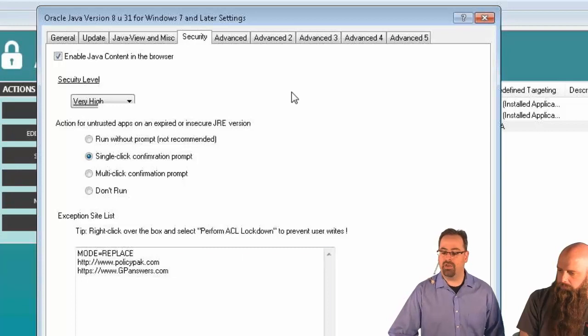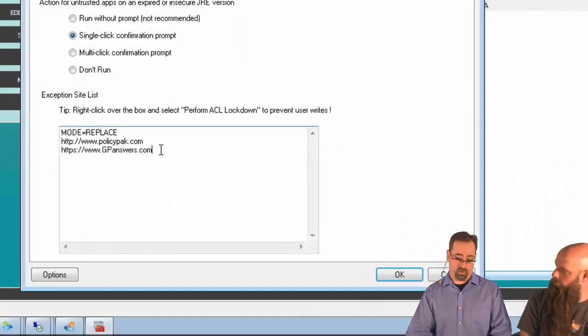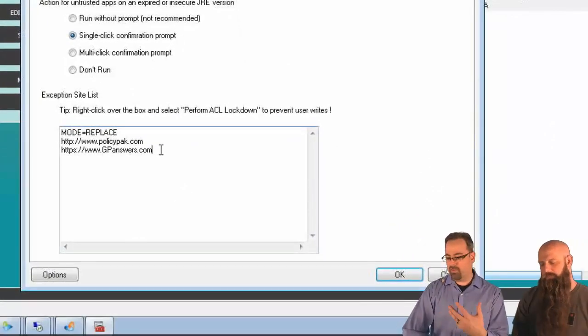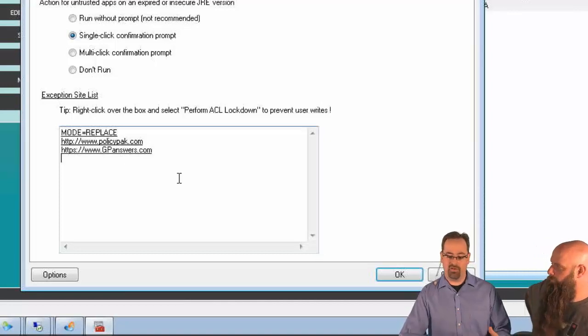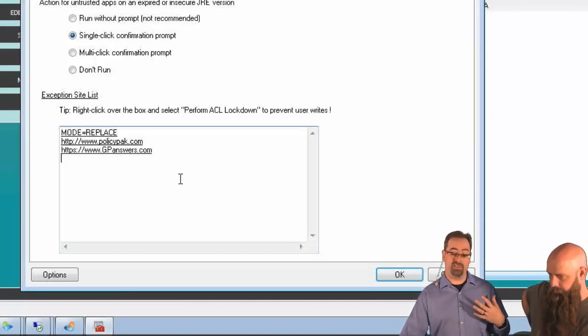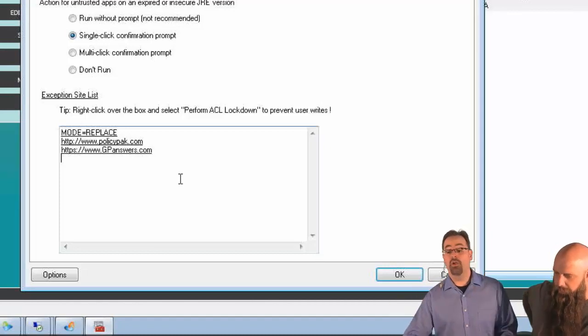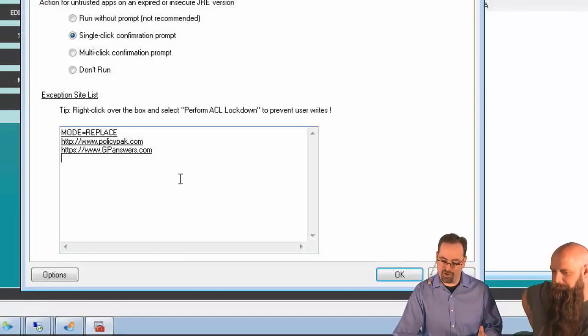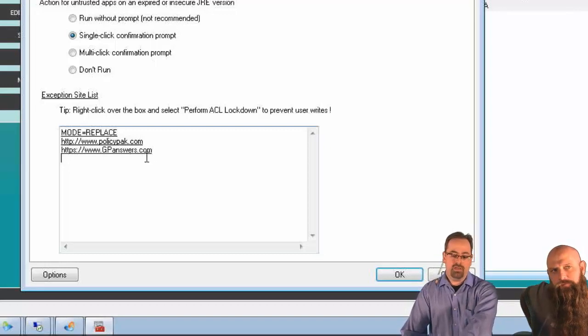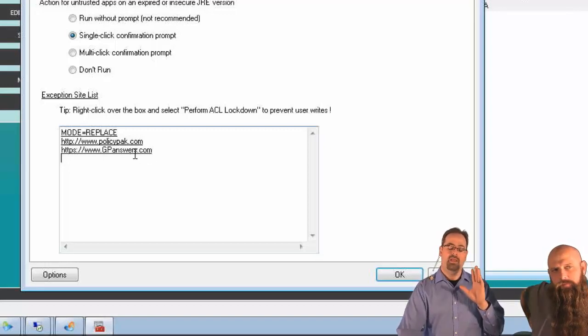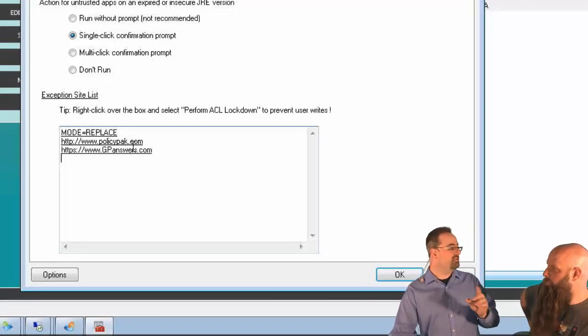The next thing we're going to do here is the exception site list. So you've got a couple ways you can use it. The replace says, I don't care what they have, what I say goes. Because as far as I'm concerned, it's about you managing them, not them managing you. Yeah. The prisoners aren't in charge of the asylum. There you go. So we're delivering two Java exception site lists, but here is the padlock to the asylum,